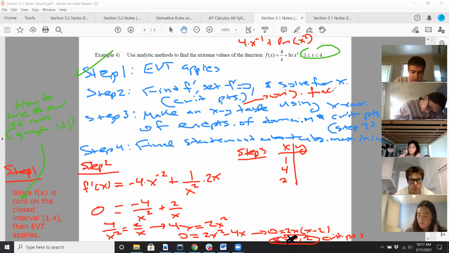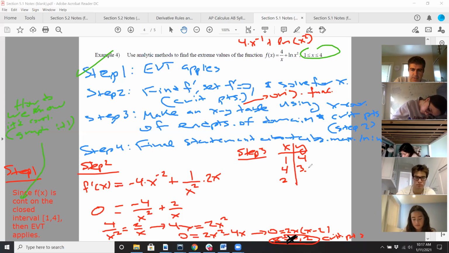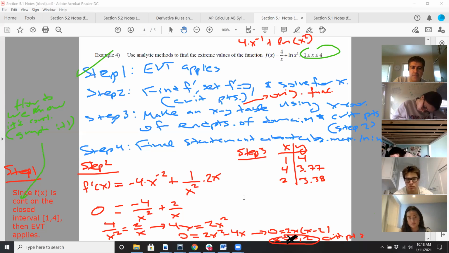I'll kind of spare you the trouble. If you plug 1 in, I think you get 4. If you plug 4 in, you get 3.77. Just trust me on this. If you plug 2 in, you get 3.38. Okay. So that's step 3. And then finally for step 4, I'll do a text box, kind of a little white